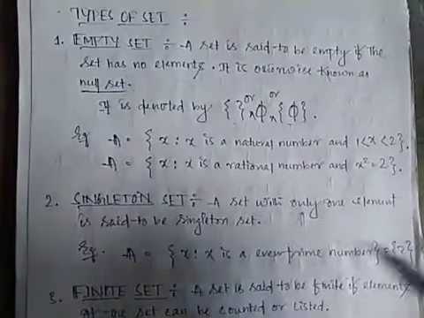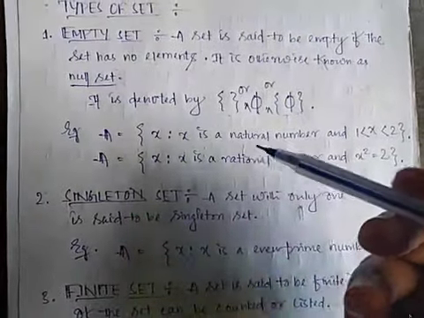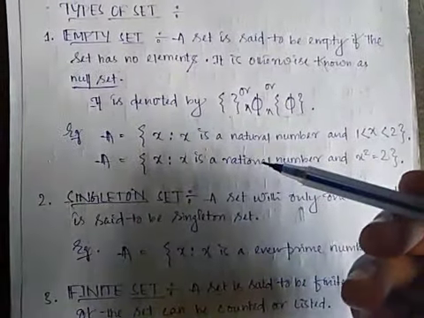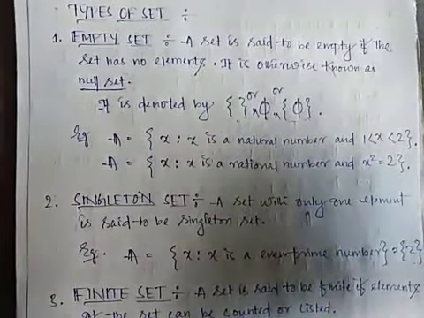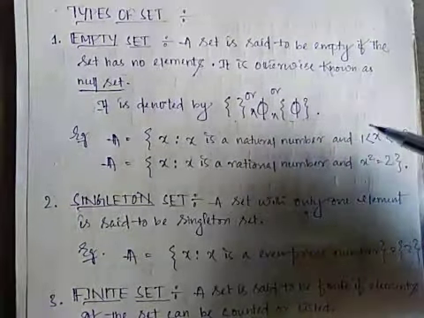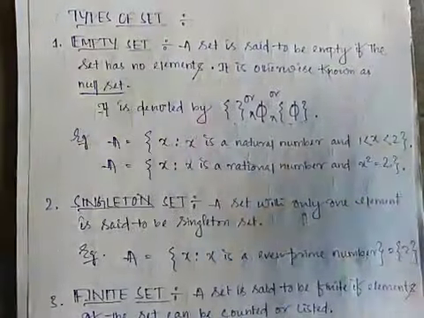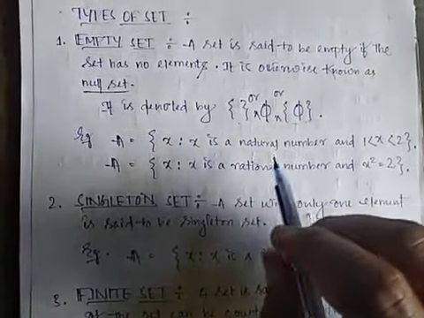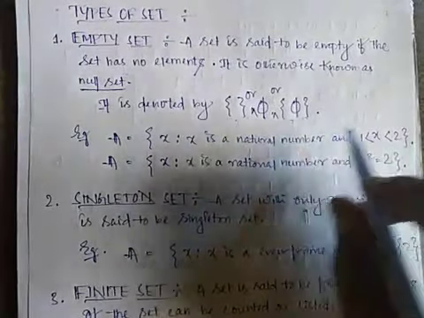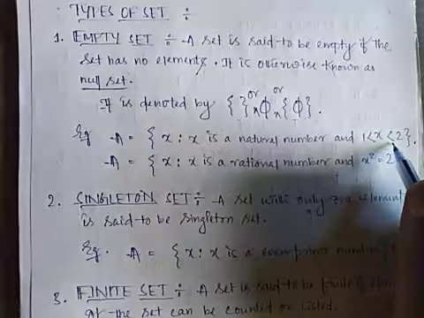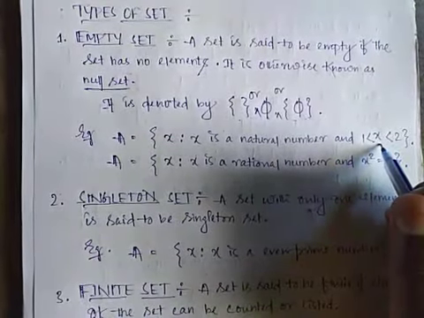Now I am giving one example of empty set. So all of you know natural number starts from 1 and after that we have a common difference, that is 1. So यहाँ पर क्या है, नंबर्स जो है 1 2 3 4 5 6 अप टू इन्फिनिटी की तरफ जा रहा है, मतलब इन्फिनिटी तक जा रहा है नेचुरल नंबर में. सो यहाँ पर मैं एक ऐसा सेट डिफाइन कर रहा हूँ, x is a natural number and x is in between 1 and 2. x will definitely greater than 1 and x is definitely less than 2.